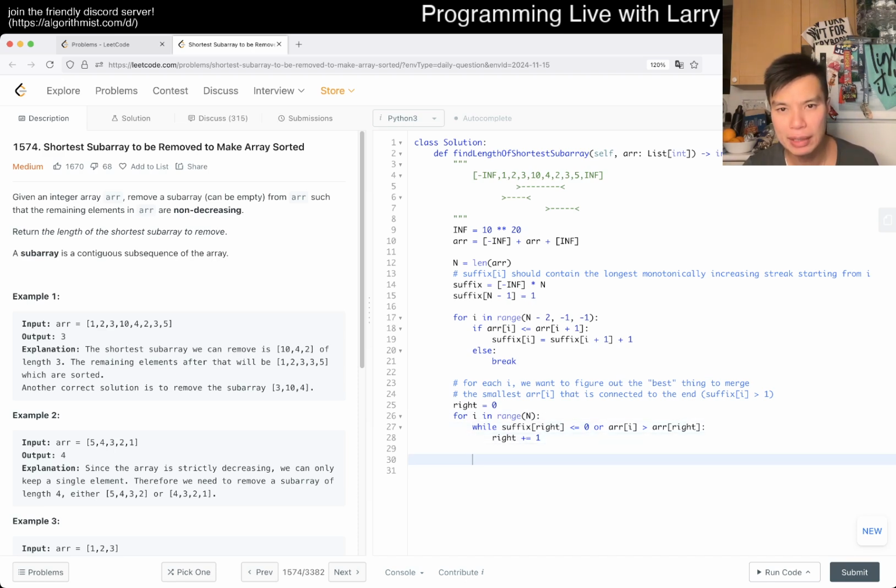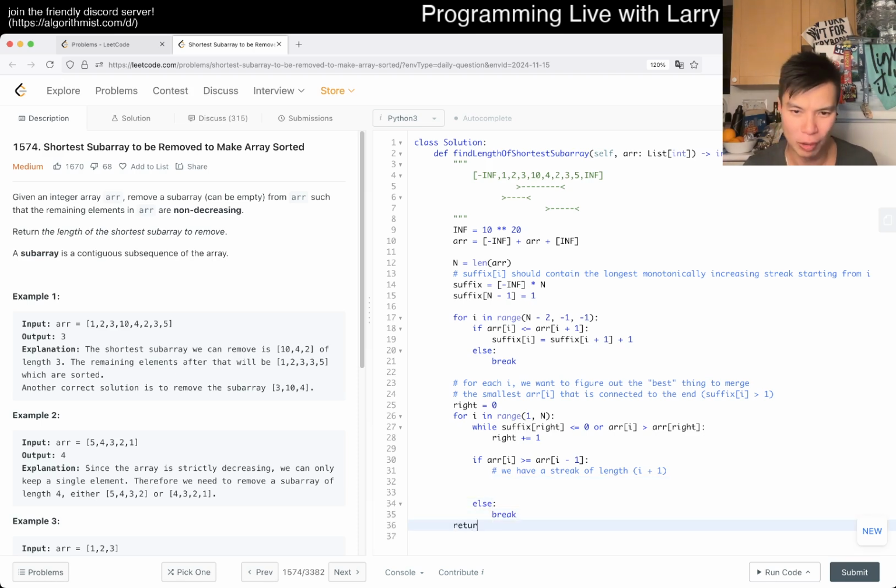So if, and let's actually start from the first element as well in this case. Then if array sub I is greater than or equal to array sub I minus 1, so we have a streak from the left side, then this is good. So then we have a streak of length I plus 1, right? And of course, else we break,